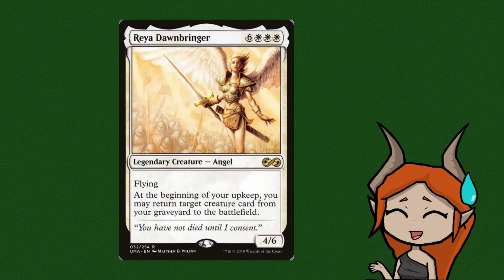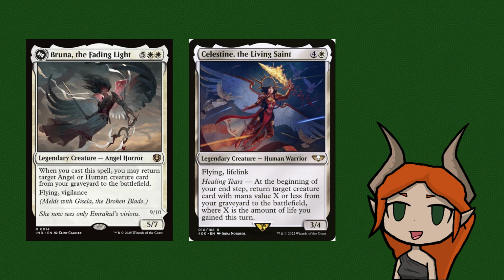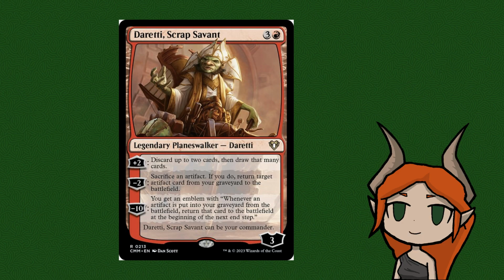Our only real options in these colors are the 9-cost mono white angel Rhea Dawnbringer, who in my opinion is much better in the 99 of a list than as the actual commander. The 7-cost mono white Bruna, the Fading Light, Celestine, the Living Saint, who reanimates based on the amount of life you've gained, Felden of the Third Path, who doesn't technically reanimate the creature itself, but makes a token copy of it, so kind of a pseudo-reanimator, and Duretti Scrap Savant, who is, in my opinion, probably the best of the 3,